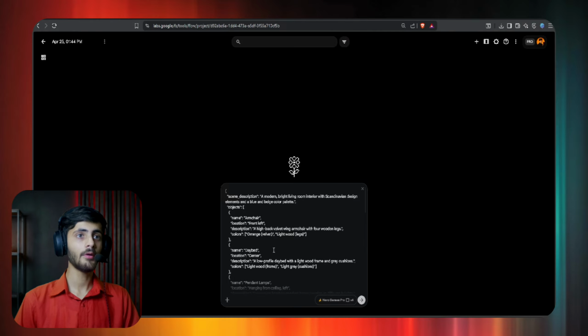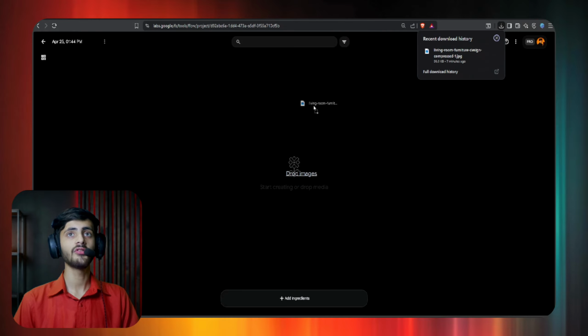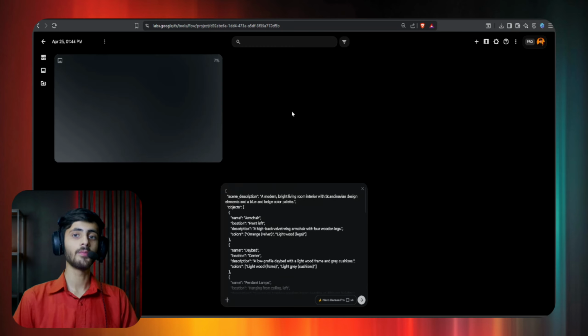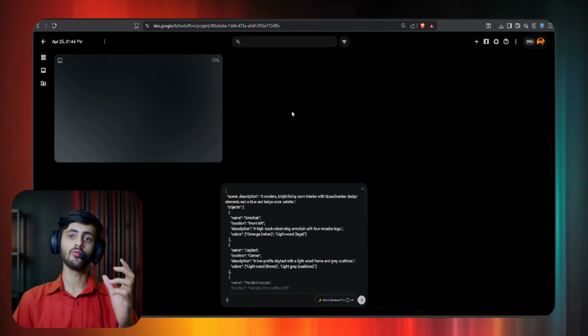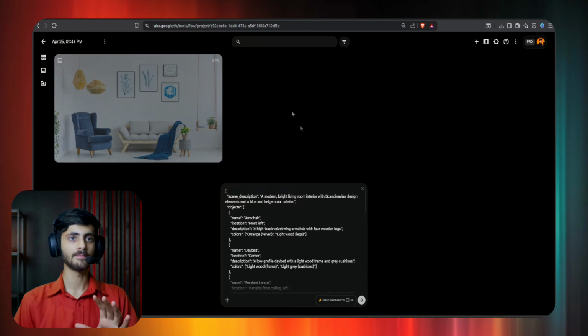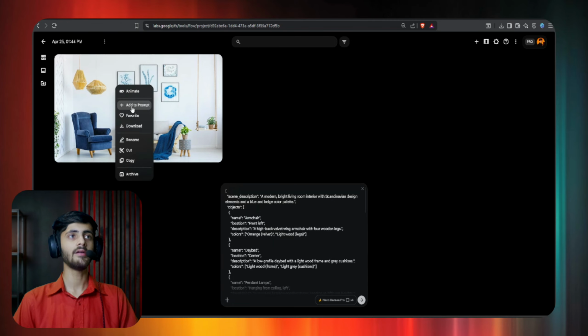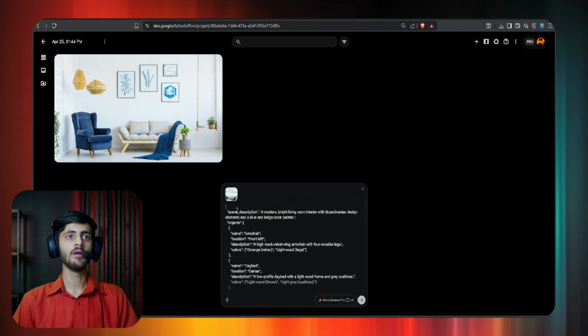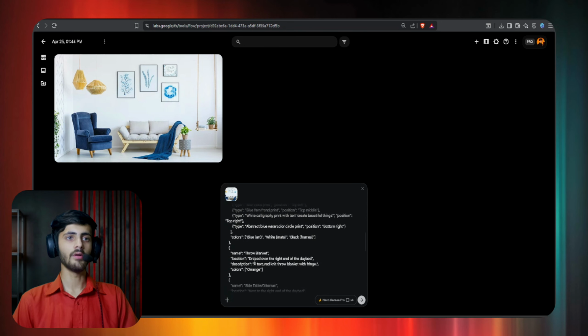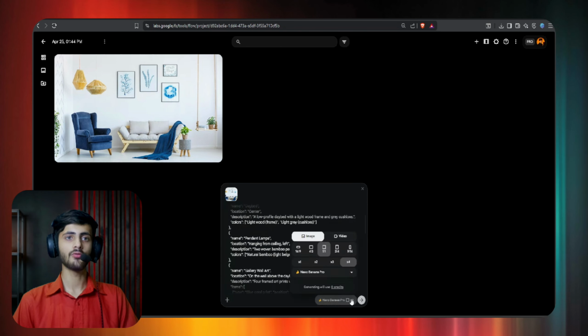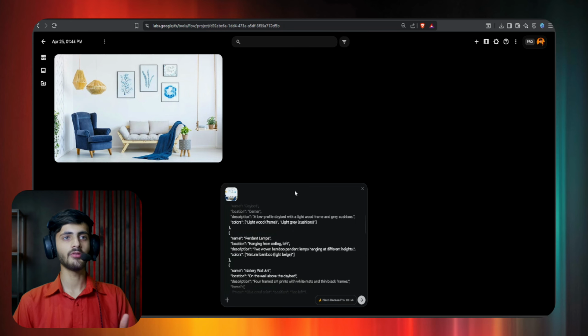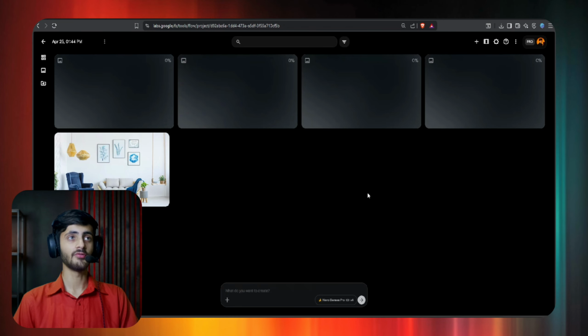Now I'm also going to give it the original image as a reference, so we would be able to use that image to edit the whole image accurately. Alright, here is our image. Just right click on it and use add to prompt. So here we have our image in our prompt box. Our JSON prompt is ready. We just need to choose our aspect ratio as 16:9 and output as x4, so we will get 4 images per output. Then we will see which one is best for us. So let's see.